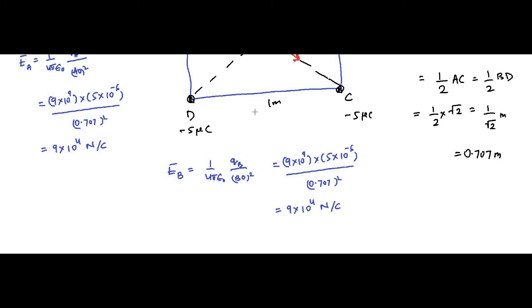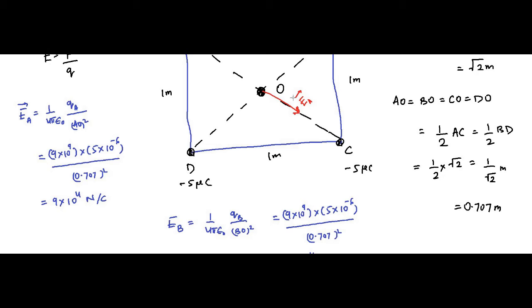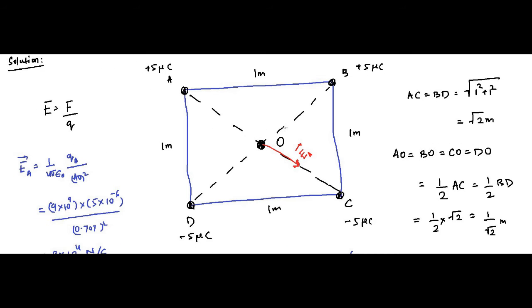Only difference will be in the direction. EB will be directed along this line, in this direction. This is EB vector. Magnitude is same as EA. Okay, EA vector and EB vector are the same in magnitude, but the direction is different. Now,